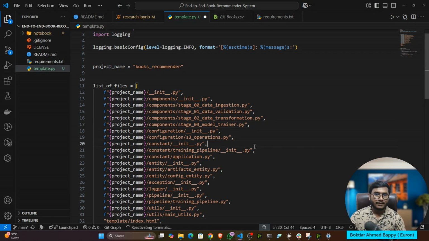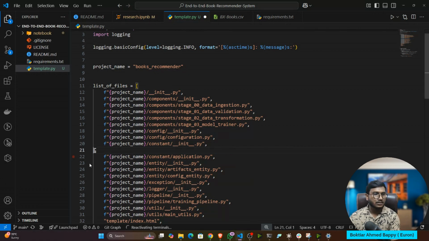Then I will create a folder called config, and inside config I will create a file called configuration.py. Then I will create a constant folder, and inside that, the constructor file.